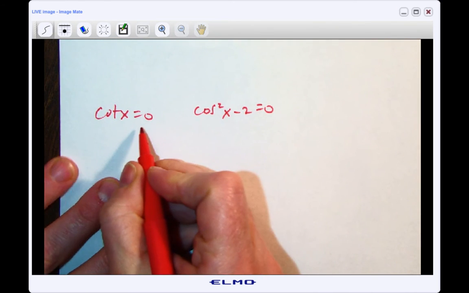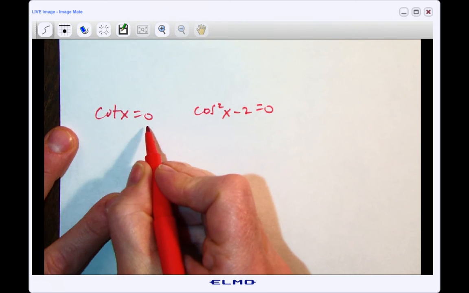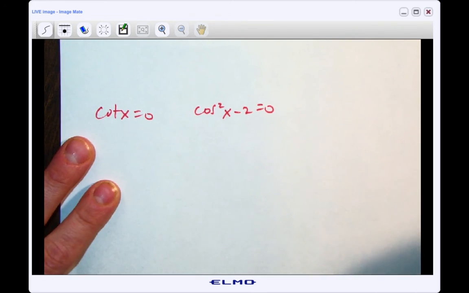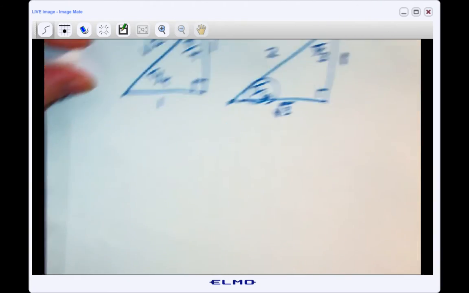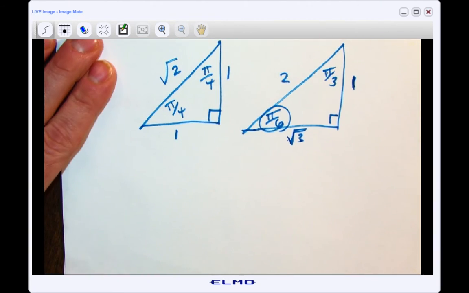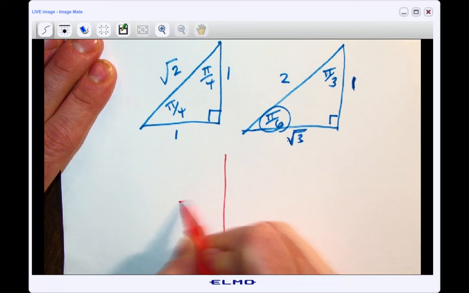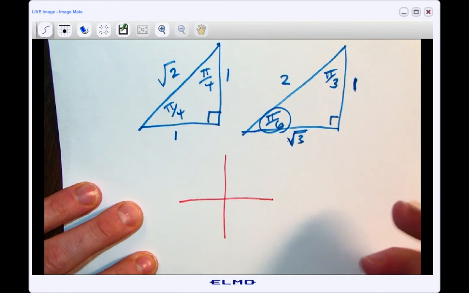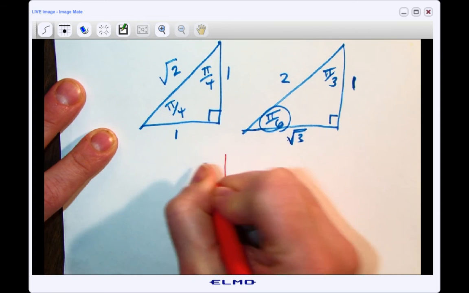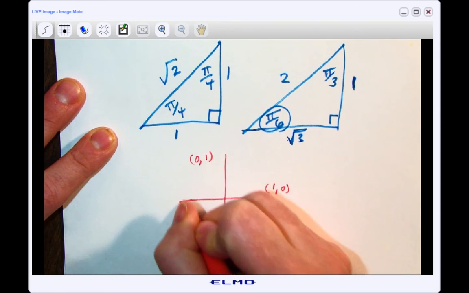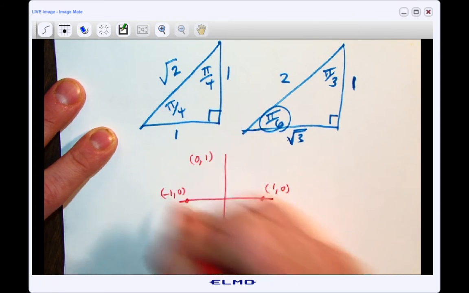So this one, again, I want to be thinking about what angle that is. Now, these triangles aren't going to help me in this one because, of course, a 0 doesn't show up on here, right? So what are the other ones that I should be thinking about where I can possibly get a 0? And hopefully you know it's these quadrantal ones. And hopefully you know that